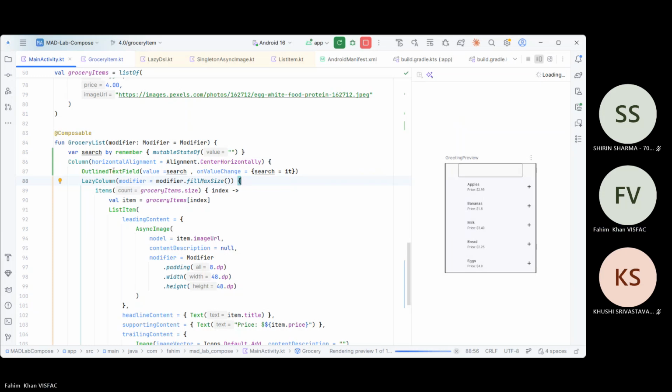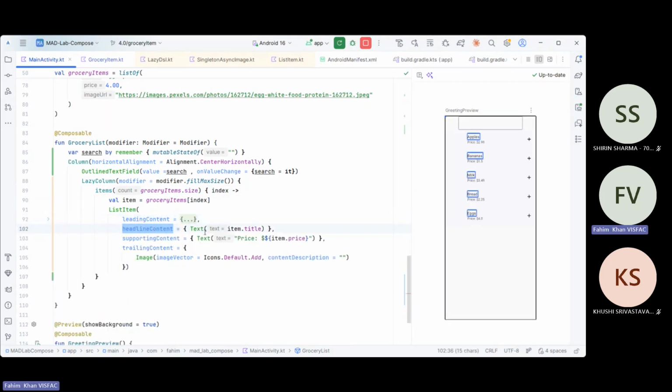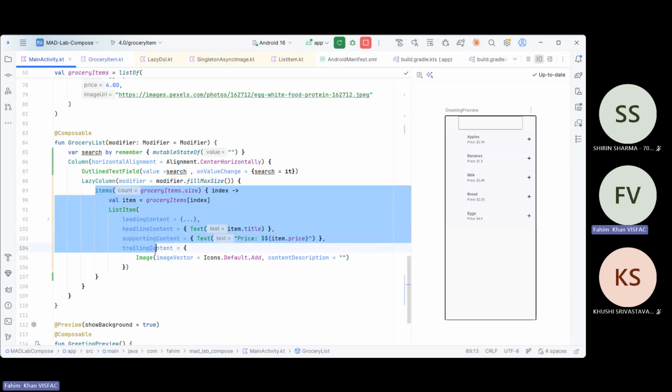After declaring the text field, we want to cover the list. In the lazy column we have items, grocery items, size, and then based on the index, one by one we'll iterate. Inside this template we have leading content. You don't have to give leading content. You don't have to give headline content. Whatever you want to give, like roll number and name. So I'll simply need to replace grocery list with something else. So I need to create this, but